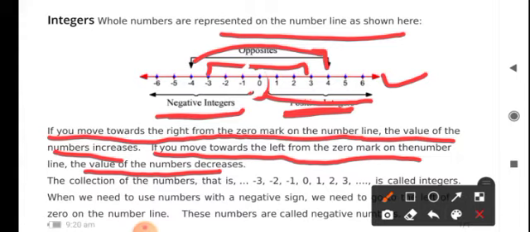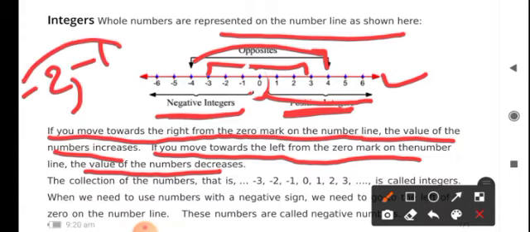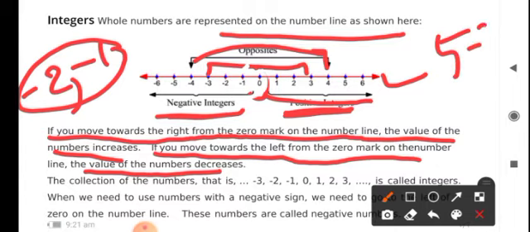If I compare -2 and -1, which will be bigger of these two numbers? -1 will be bigger. If you have 5 marbles and you have -1, that means you have to give away 1. If you have -2, you have to subtract 2, then it will become only 3. So among negative values, the smaller-looking value is greater. So -2 is smaller than -1.